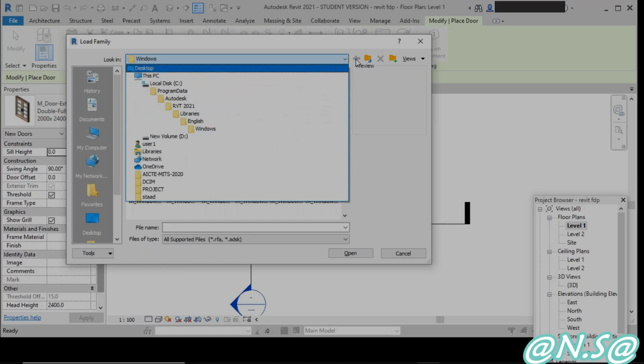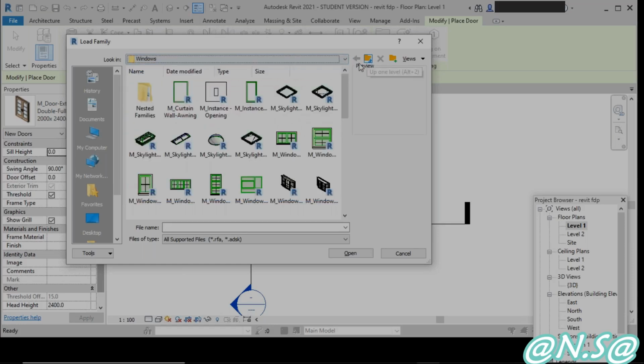Still, if you are facing issues finding these components and everything, you can get them from outside also. I just made an arrangement for these particular components. I will share it on your drive. You can download those from the drive, and you can load from that particular folder. Okay, if you didn't find